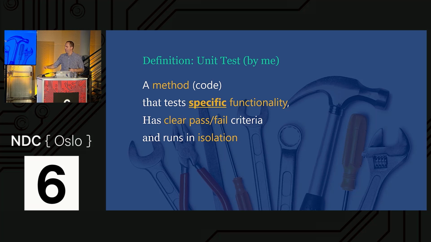The first of which is that a unit test tests a specific piece of functionality. That's the other way around from how we write production code, because if I write a method in my code that's supposed to solve some problem, and I solve just one scenario, one specific path, I'm not doing my job. But in unit tests, if I try to test too many things, I'll probably write an unmaintainable, unreadable test. So it has to test only a specific functionality, and it has to have a very clear pass or fail criteria.